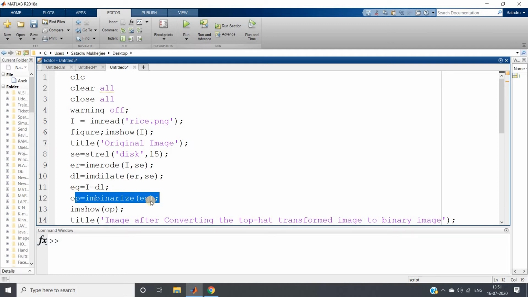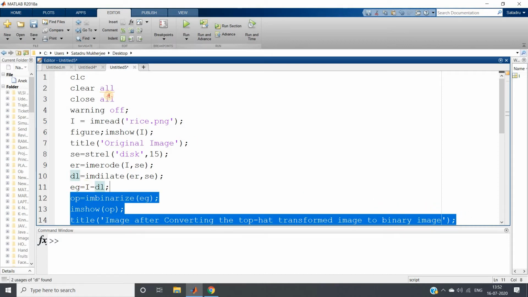No threshold value we are defining, which means MATLAB will automatically define a global threshold value. And imshow output, title: image after converting the top hat transformed image to binary image. Because the original image minus the opened image is basically the top hat transformation, and we are applying thresholding on that, that is, converting to a binary image.